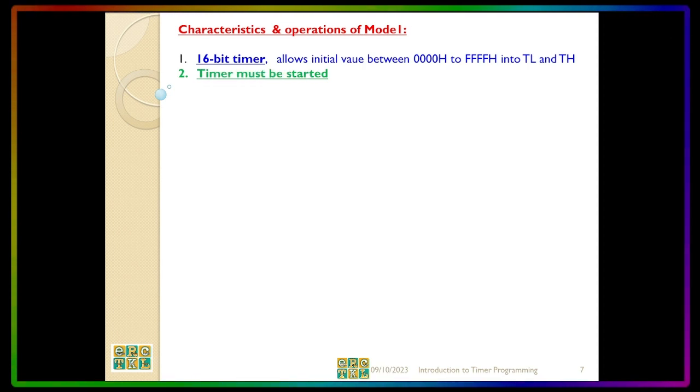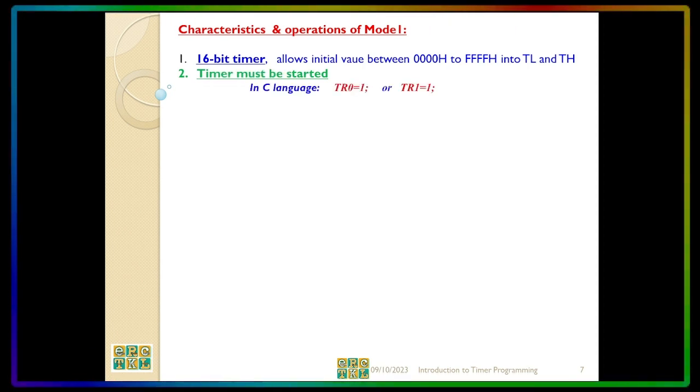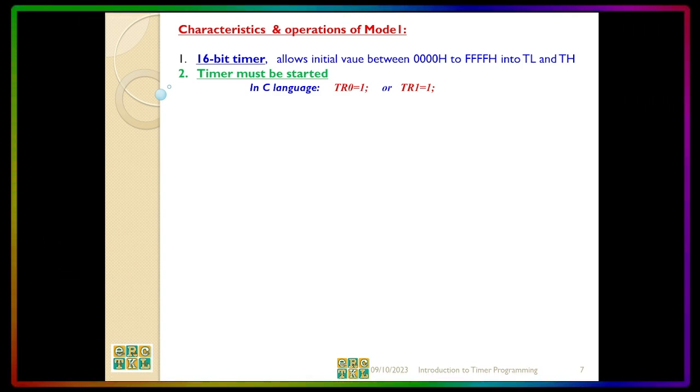The timer must be started, and in C language, to do this, we just write TR0 = 1; that is if we are using timer 0. But if you're using timer 1, to start timer 1, we will write TR1 = 1;